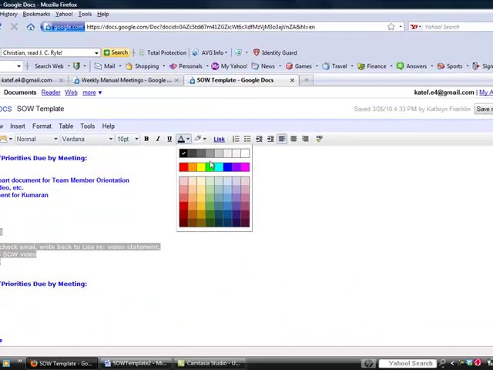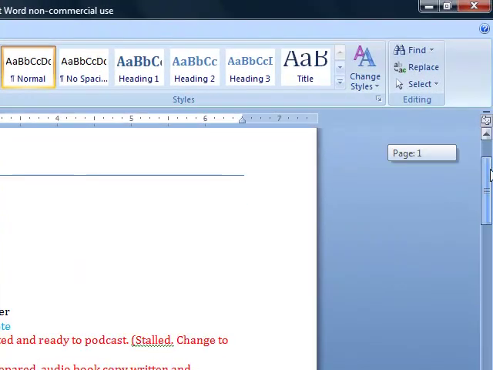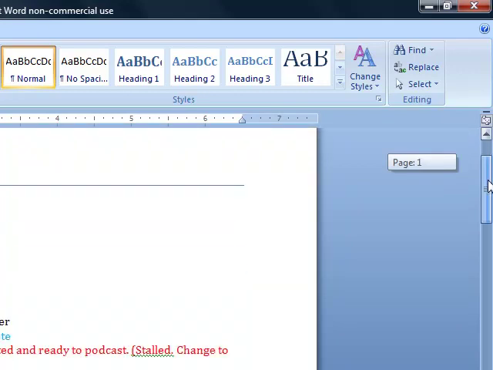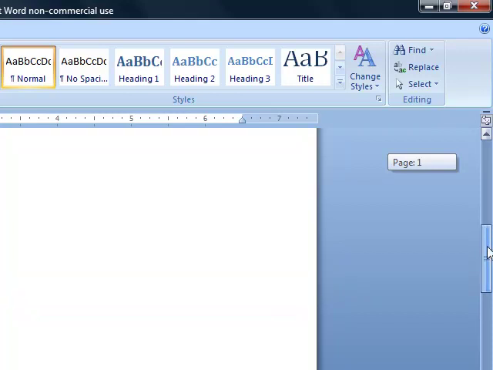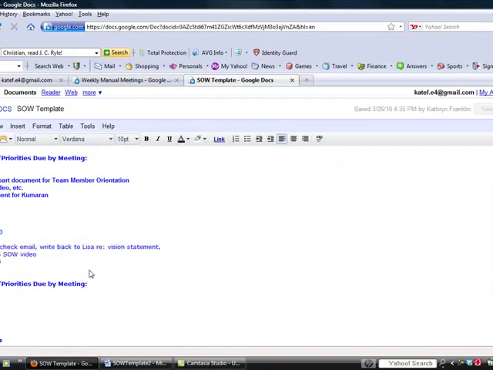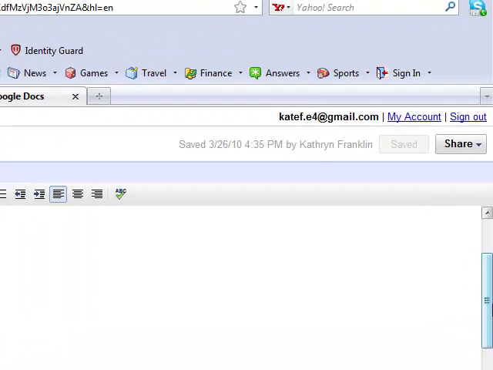Now this should be in blue, which brings us back to one more thing that we need to talk about in the SOW, which is the colors. This is not just for your reference, but it's also for your supervisors. It actually saves a lot of time for your supervisor. When you enter things into the SOW, they should be in blue. That should be the default color on your SOW. That means that this is something that's current. It's something that's being dealt with currently.